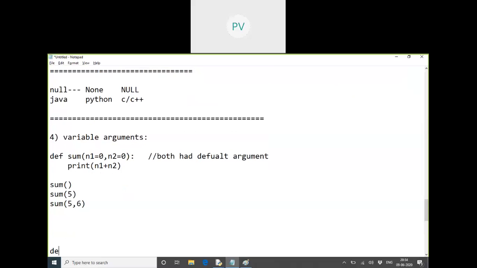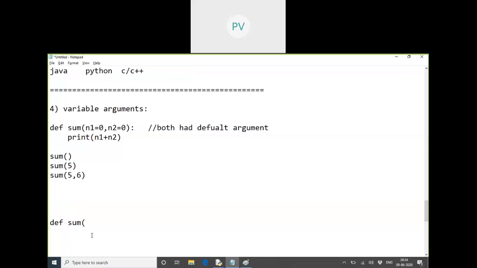But now if I define a sum function where I want to add 5 values also, what should I take? Then I have to declare so many variables, no? If I want to define a sum function to add whatever you pass, will it accept? In this function, how many values do we have to pass at the most? 5. If I want them optional, I mention default values for them. So I can pass 0, 1, 2, 3, 4, 5. Can I pass more than that? No, we can't pass.